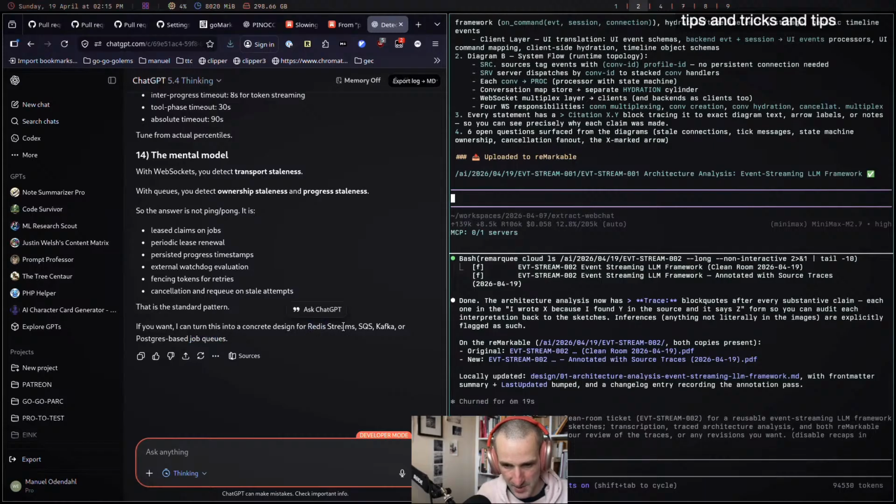I understand the semantics of Redis streams reasonably well. I was pretty well versed in SQS back in the days, but I forgot about it, because with SQS you have to connect and then poll at certain intervals. And yeah, I'm not going to go into that.